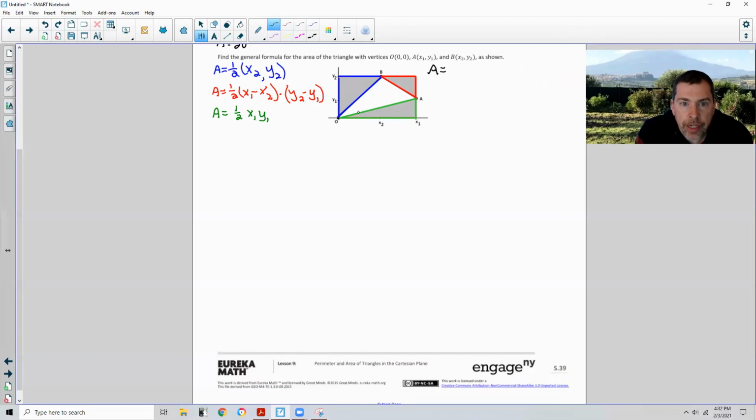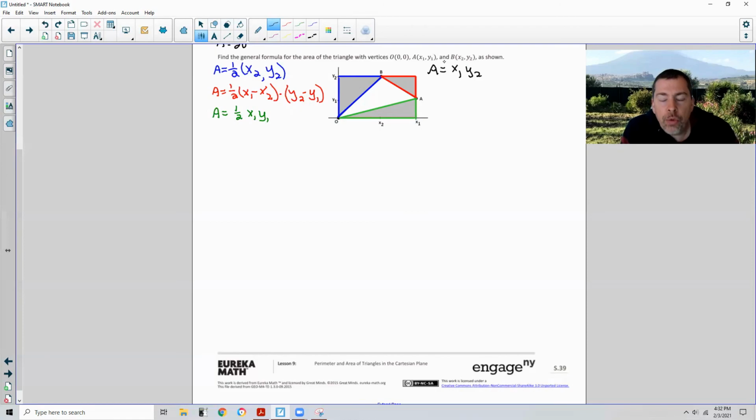The area of the rectangle is the length x sub 1 minus 0, or x sub 1, times the height, y sub 2 minus 0, or y sub 2. And I don't need that dot. Let's get away from that dot and just write x sub 1, y sub 2. Okay? All right, so there's the area of the square, area of the blue triangle, area of the red triangle,